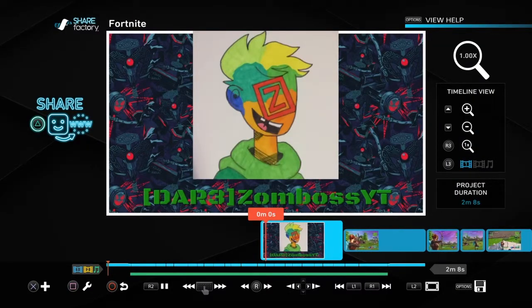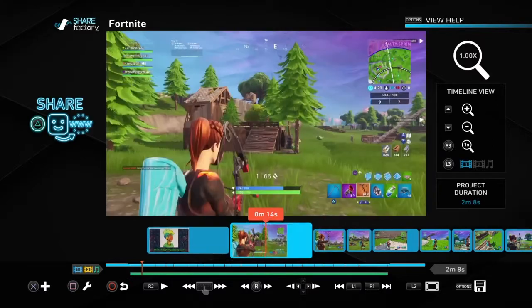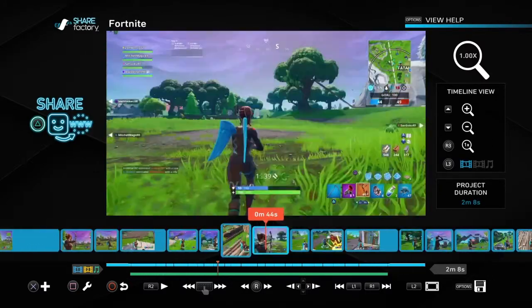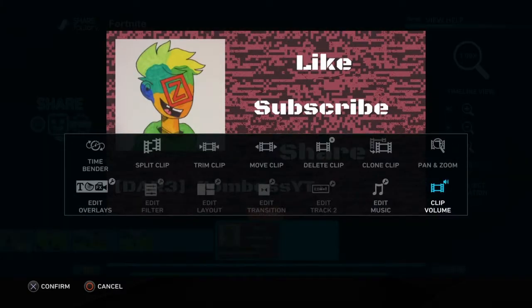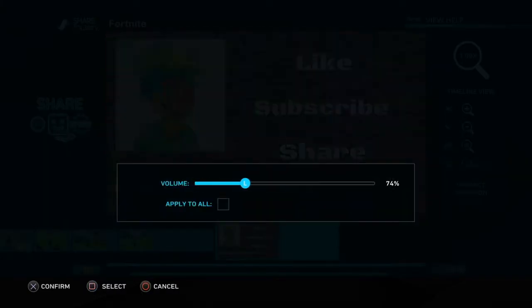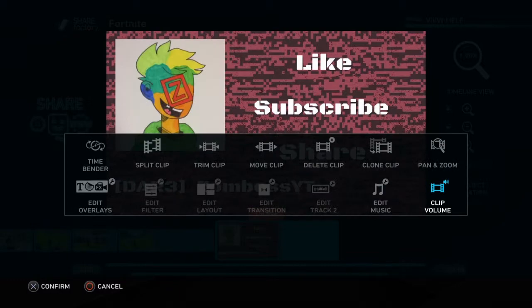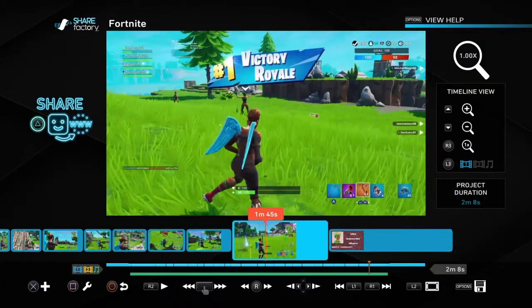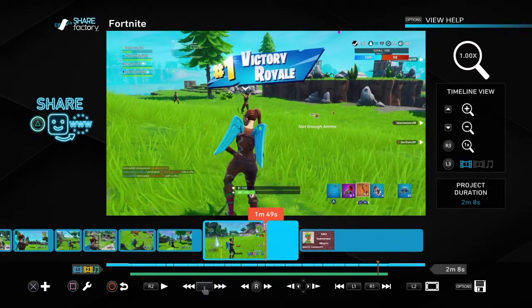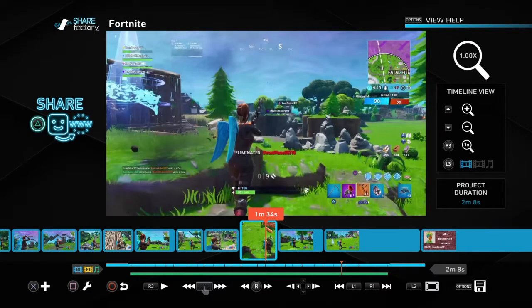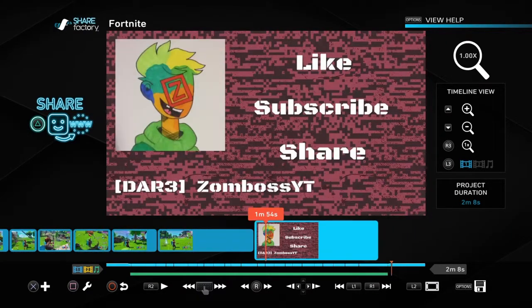And look at it here. You've got your volume back. And then you won't have any volume in your clips here. And then again, you go across, you find your outro clip, press square, video clip, you scroll all the way to the 100, press square to X to confirm. Right, it's perfectly fine. Now that's pretty much my video done, but I'm just going to show you a few